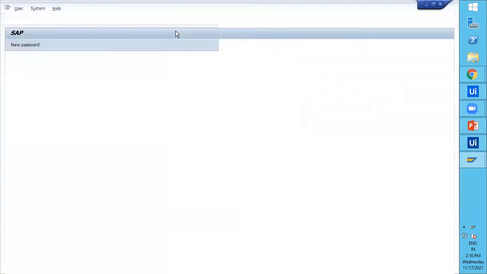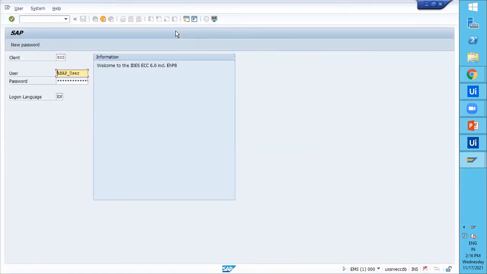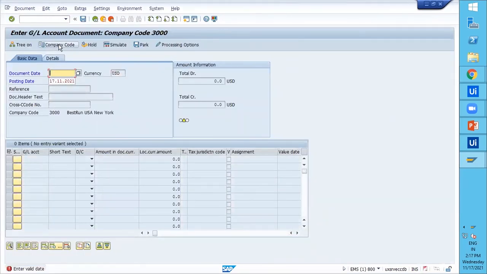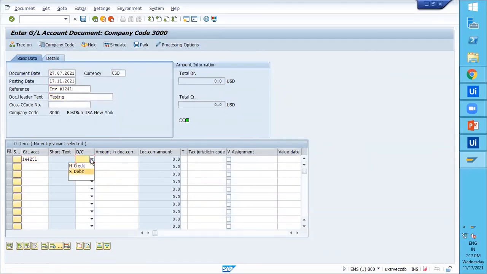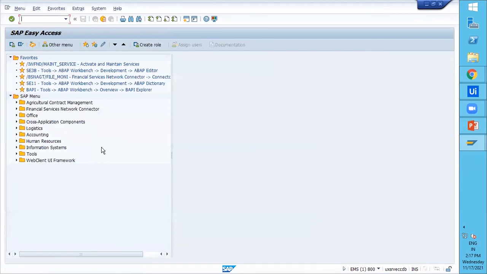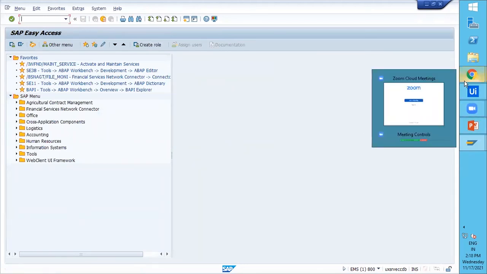Let's see. Here the bot populates the invalid GL account, so SAP throws an exception. This is the failed scenario. So yes, test execution is completed. All the test cases are executed.